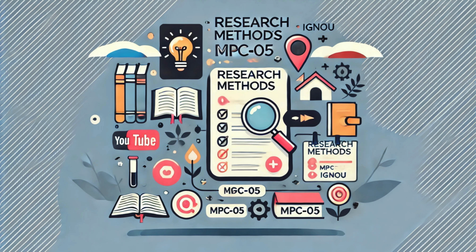Then you need to think about your setting and choose your sample carefully. Make sure those participants represent the population you're studying. Just like with surveys, using techniques like randomization and stratification can help you create a diverse and balanced sample. So got to lay a strong foundation, both in terms of the research question and the people you're studying.